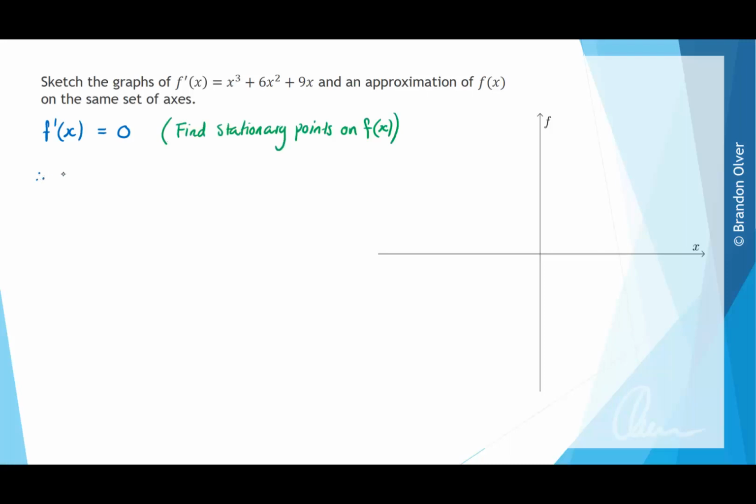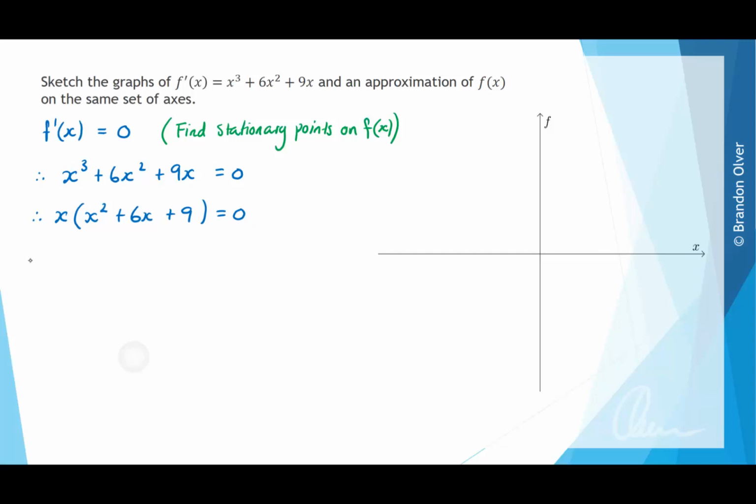So that will give us the equation x³ + 6x² + 9x = 0. And to solve this polynomial, we're going to do that by factorising and using the null factor law. So the first thing we can identify is that x is a common factor of each term, so we can take that out as a highest common factor, leaving behind x² + 6x + 9, and that is still